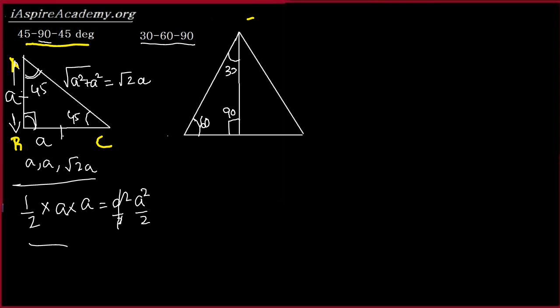So for this one, 30-60-90, if we combine two such triangles, let's try to figure out what the formula associated with this could be. In this triangle, this is 60 degrees, this is 60 degrees, this is 60 degrees, so this is isosceles, I'm sorry, equilateral. One of the properties of an equilateral triangle is that if you draw a